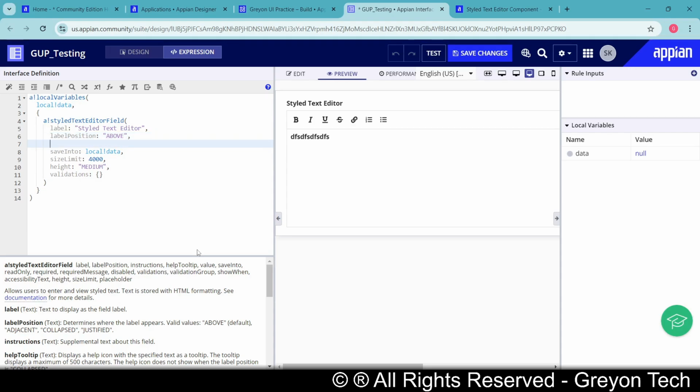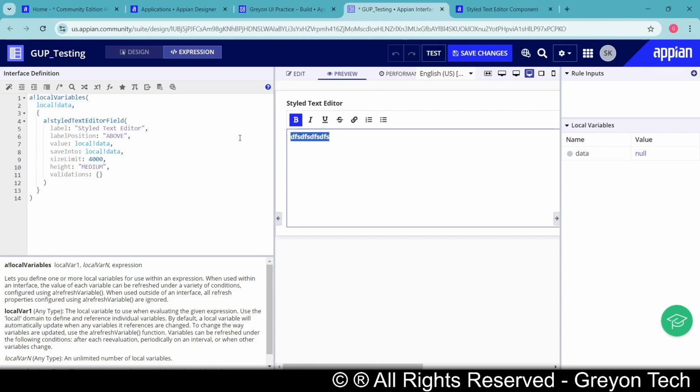Now, along with save into, we have to bind value property as well, because initial value of the variable would be defined by the value property. So here we are having local bank data as a value property. So if we test the interface and refresh, like kind of start with the screen as fresh, we can see that we can start our data in terms of whatever the screen is, because the local bank data is null as of now initially.